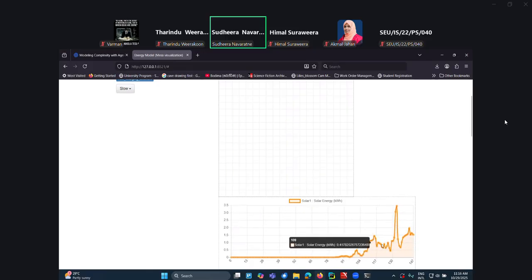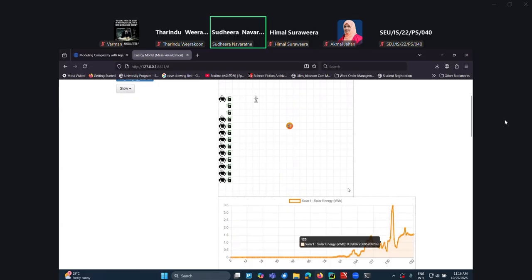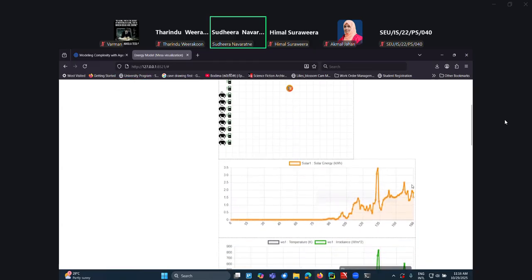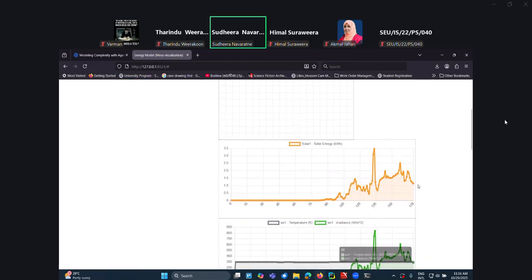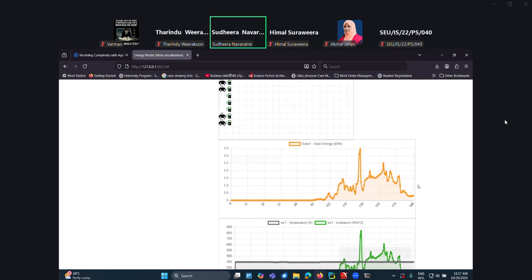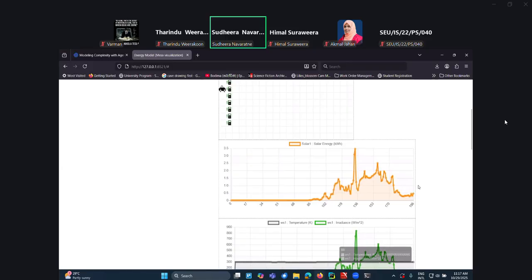How much solar energy is available depends on the cloud coverage, the weather, and so on. That also you can model. You can have a different agent as a weather agent to collect this weather information. There are online sites available with this weather information, like weather.com and so on.